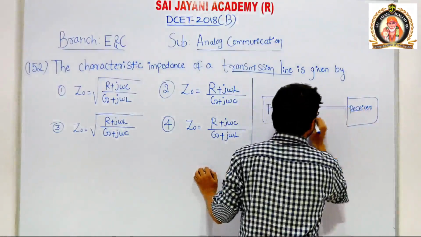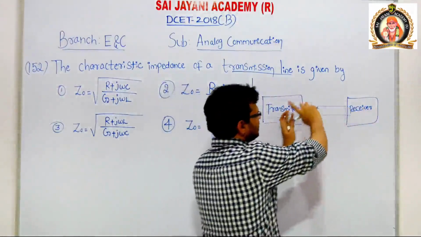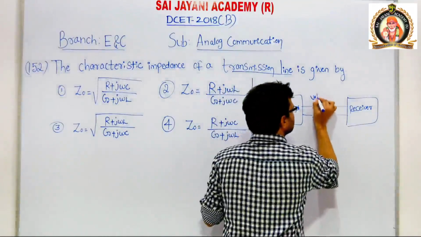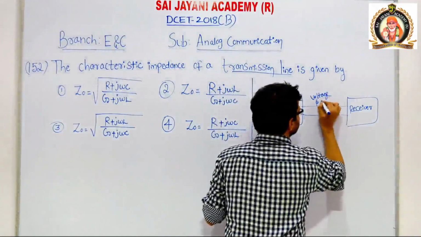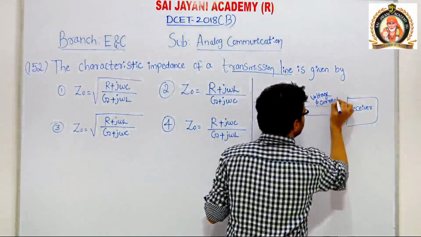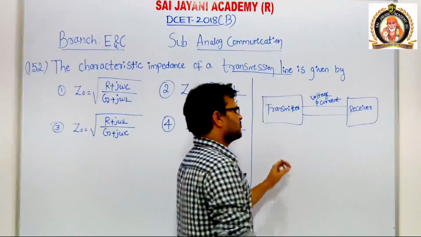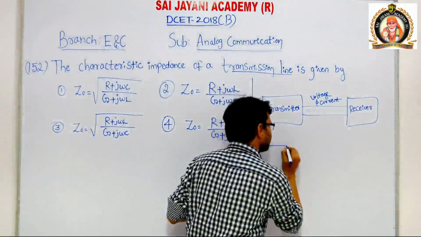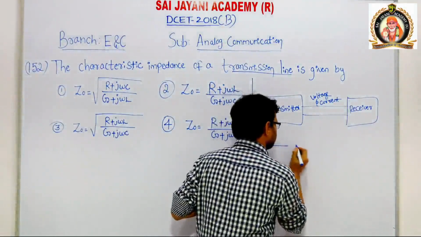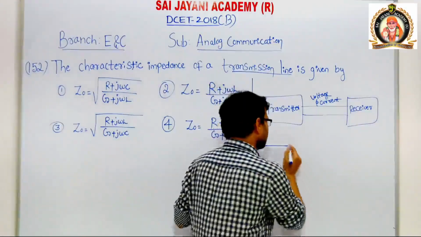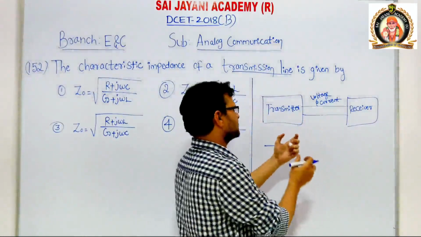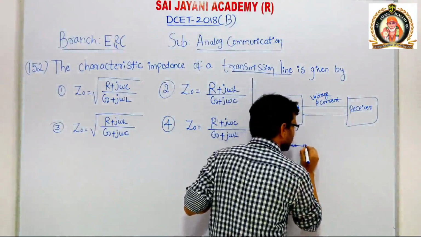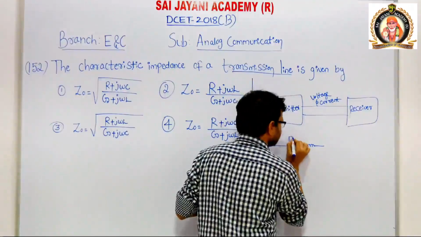Then electrical power is transmitted from the transmitter to the receiver in the wave of voltage and current. In terms of voltage and current, they are transmitted from transmitter to receiver. Suppose you take some part of a transmission line. A transmission line is basically a conductor. If you take some part of that transmission line, you will get a resistance in series with the inductance, that is R, L,